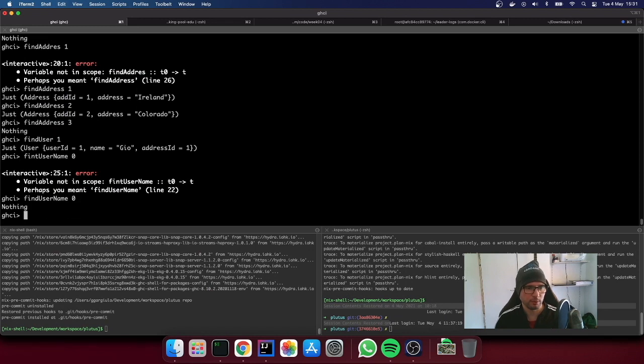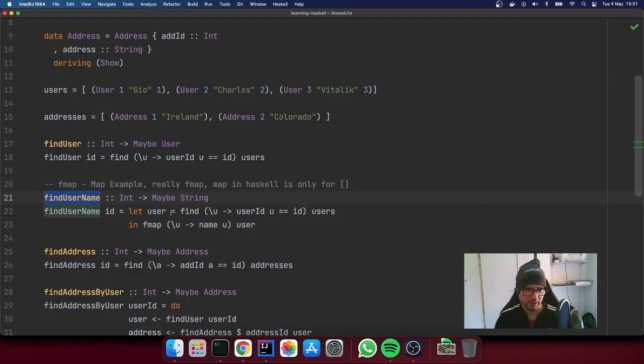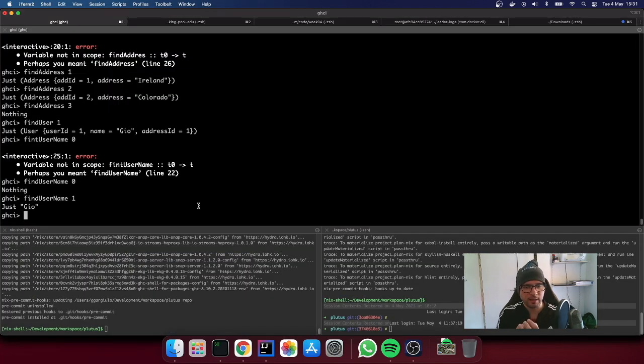Find username. Yeah, sorry, that was a typo. Nothing, and then 1. Look at this. Now, instead of being just user 1, Joe, and 1 again, we look at this. We got the user, exactly the same code, right? But then, without ever getting the result outside of the monad, we changed its content on the fly.